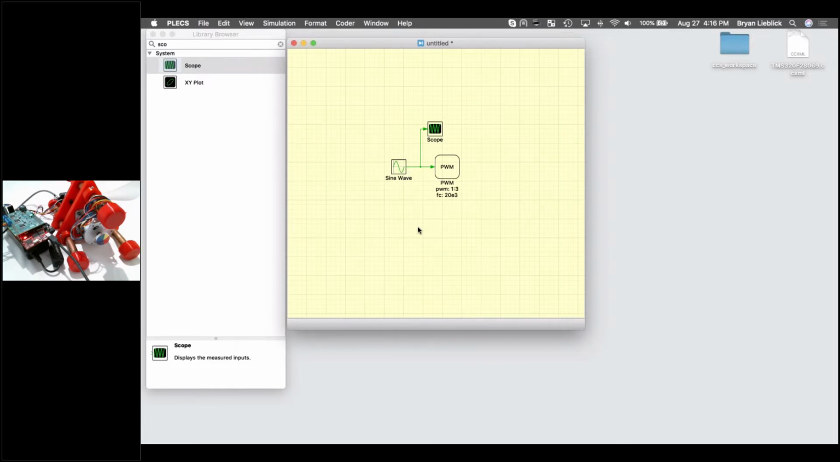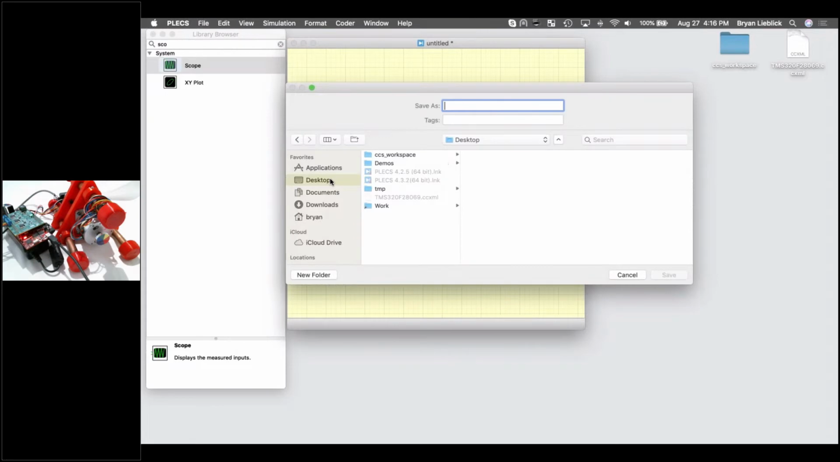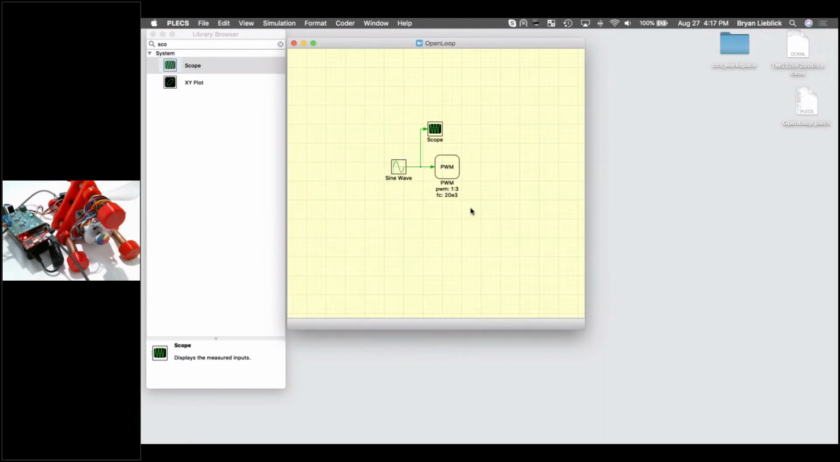We can also save it. So we'll just save, and we'll save this on my desktop as open loop. There we go. And also, there's one other detail that we need to include, which is the enable signal that